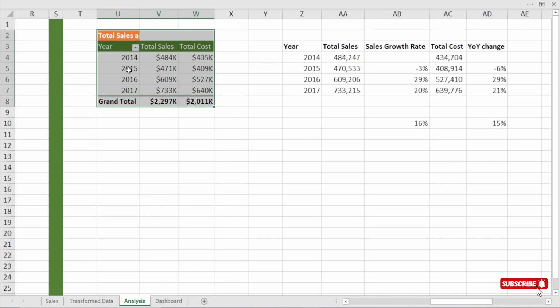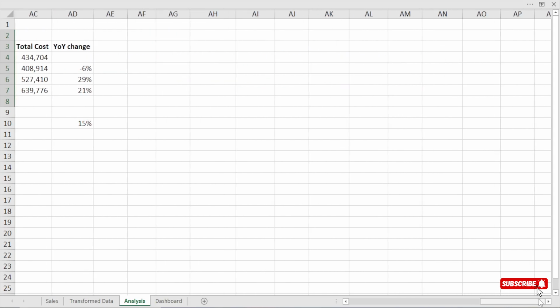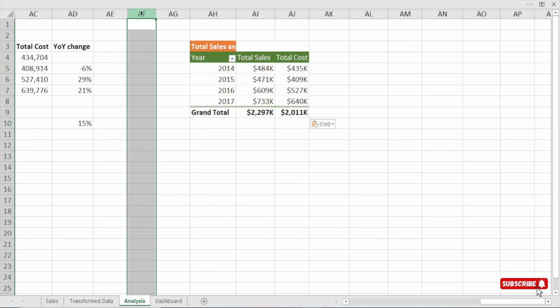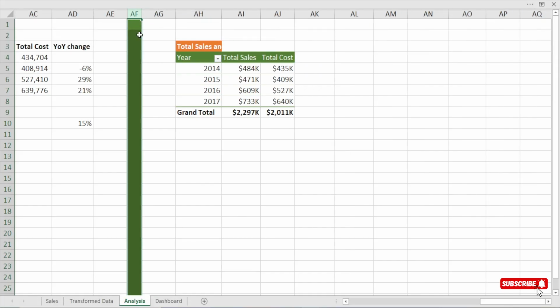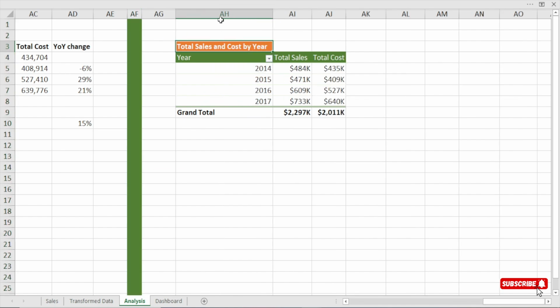All right, so let's copy the previous pivot table. Control C to copy. Let's come here, then paste it here. Perfect. So now what I normally do is differentiate the previous one from the new one. This is what I do to say that this place is different from this place. All right, so now what we want is the total sales